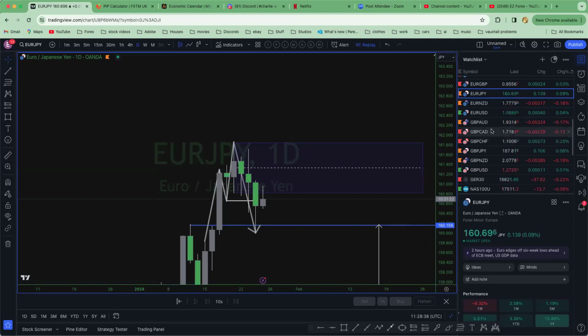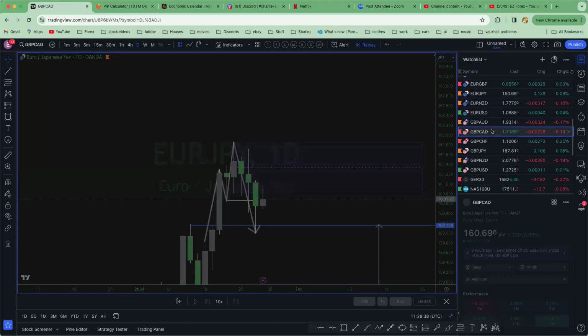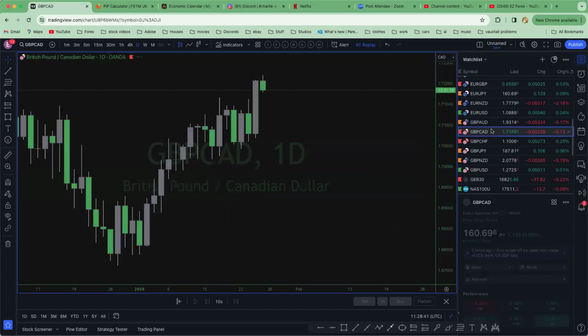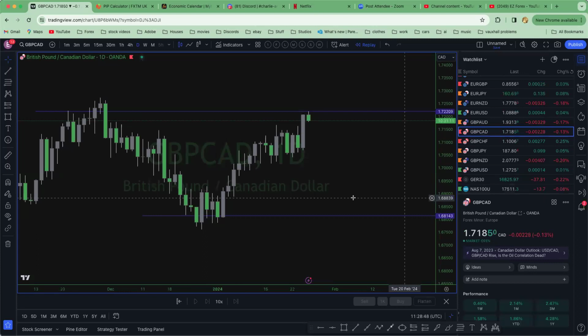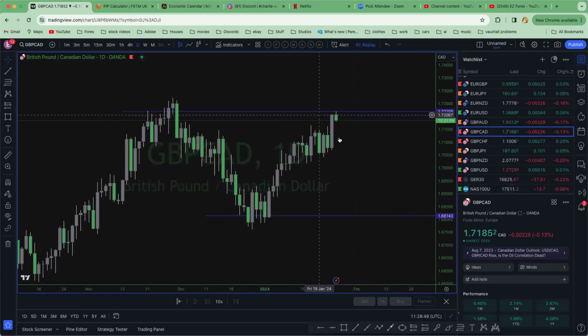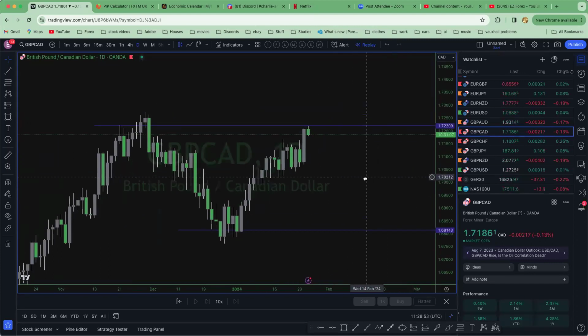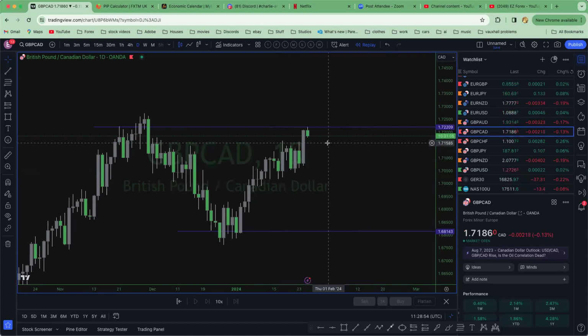JR, I will check that now. GBP CAD. Yeah, I wouldn't sell it right now if you are. It's based on the daily. This is what we're basing this on right now, the daily. The daily's bullish right now. So I'd wait for it to go daily bearish, which the break of structure for a daily bearish break is